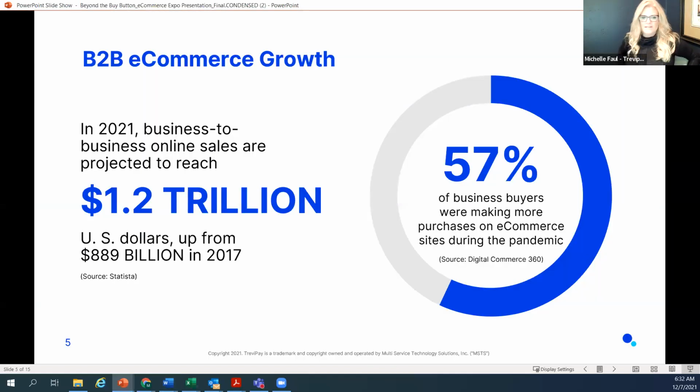So where are we today? We are already well on our way to over 1 trillion in B2B sales that are taking place online, and we see that trend accelerating. According to Digital Commerce 360, as many as 57% of B2B buyers have made at least one purchase online during the pandemic. As B2B buyers' level of comfort grows, this channel shift could prove much more lucrative for vendors